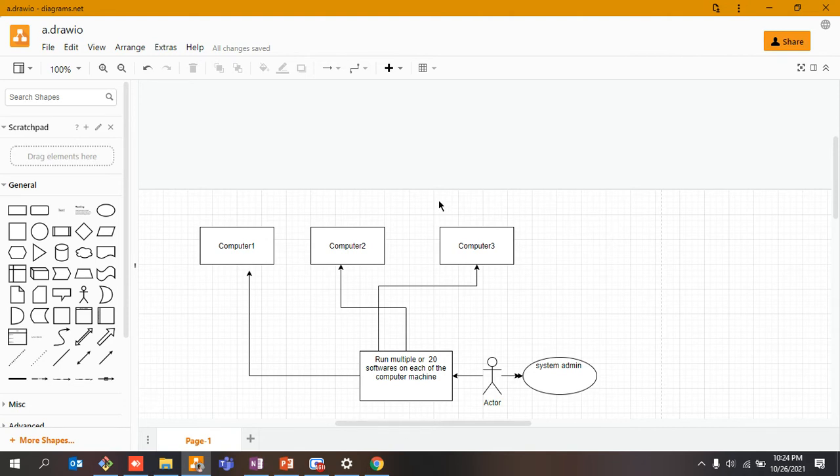So guys, don't think that these are just three computers. Just imagine there are 4, 5, till 30, because 30 people would be joining. And let's suppose I'm working in a very, very big organization, thousands of people are working, so 30 is very less, right? So 30 computers I have to configure within a particular day, and he has asked me to run 20 softwares on each of my machine. So let's say these are all Linux systems.